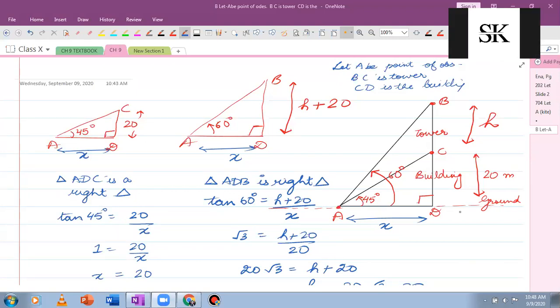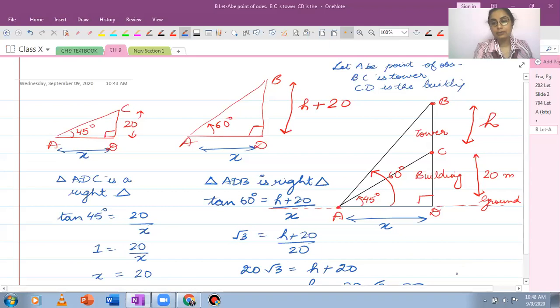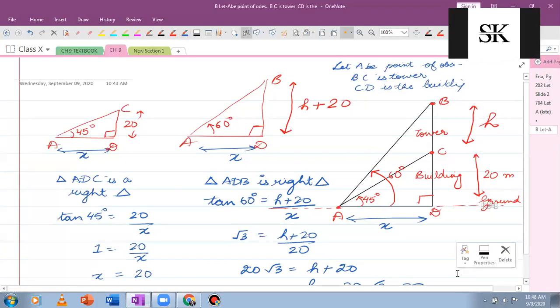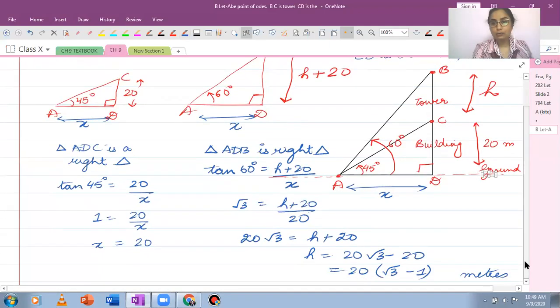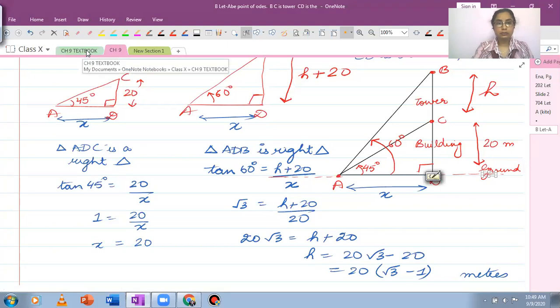Once again, remember in this particular question, again, we have the answer in terms of √3. तो अगर आपको √3 की वैल्यू गिवन होती क्वेश्चन में, you could have used it and then evaluated. I'm not sure if it's given. Let's just check. No, it's not given. Sometimes they provide the value of √3 and then you can solve it further by using √3 as 1.732. So keep that in mind. Be careful in case the question provides you with the value of this irrational number. And you can use it on your own even if you want. It's not necessary कि वो दी हो तो use करनी है, आप कर भी सकते हो.